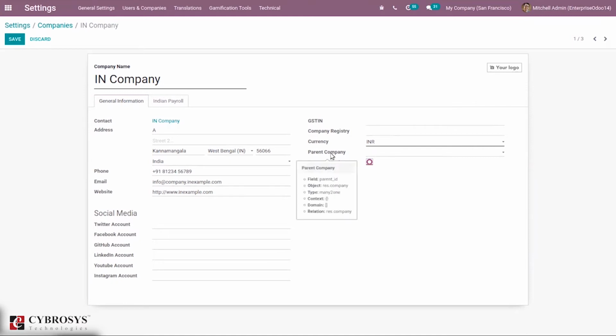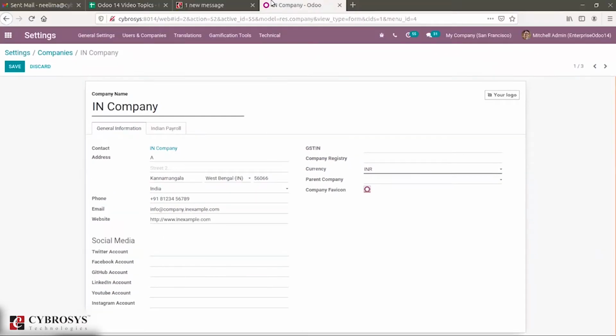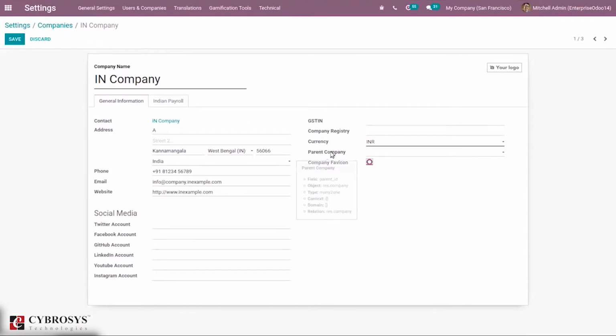Then we can set a parent company for this company. Then we can set the company favicon. And it's also possible to upload a logo, that is, you can add a logo for your company.